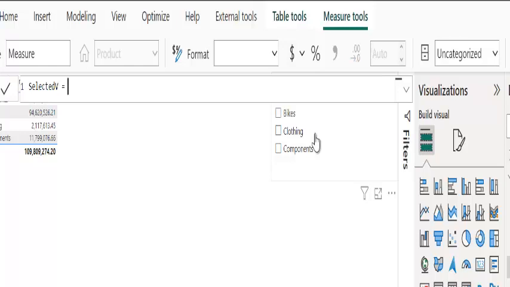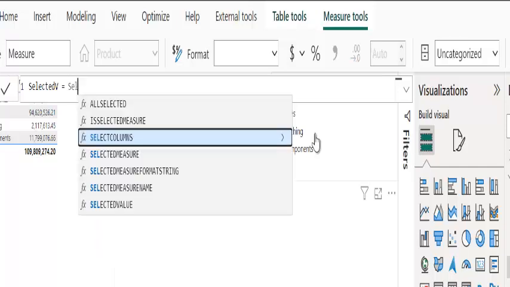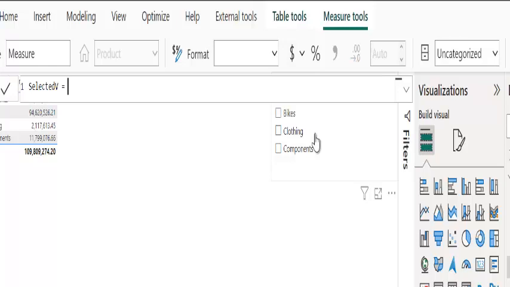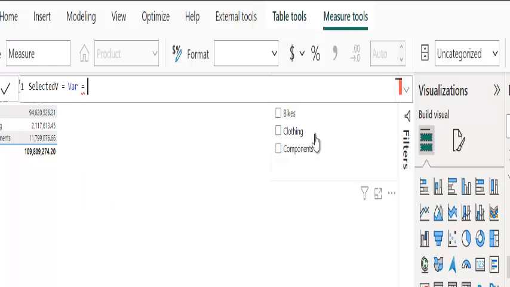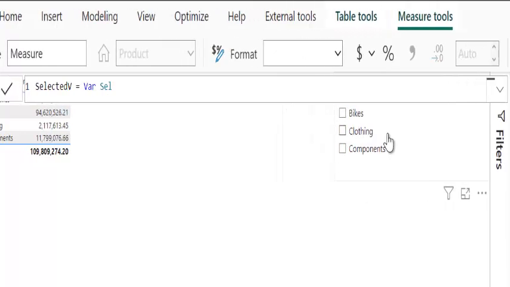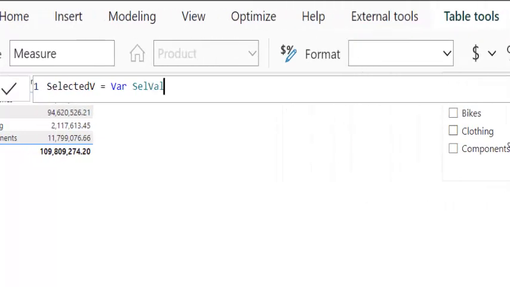Let me type equals to. First and foremost, let's give it a variable name. The name of the variable is SelectValue. So SelectValue is equal to